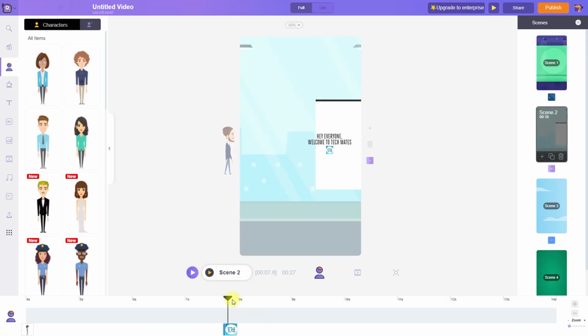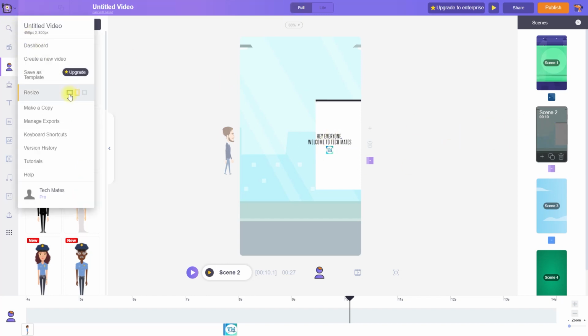As you can see guys, this doesn't work perfectly when you are importing complex projects, but if you are importing a very basic project, maybe basic animations that didn't have a lot of editing or keyframing, I think it will work out pretty well. But for complex animation, auto resize feature just doesn't work. So yeah, we'll just move back to the landscape mode.